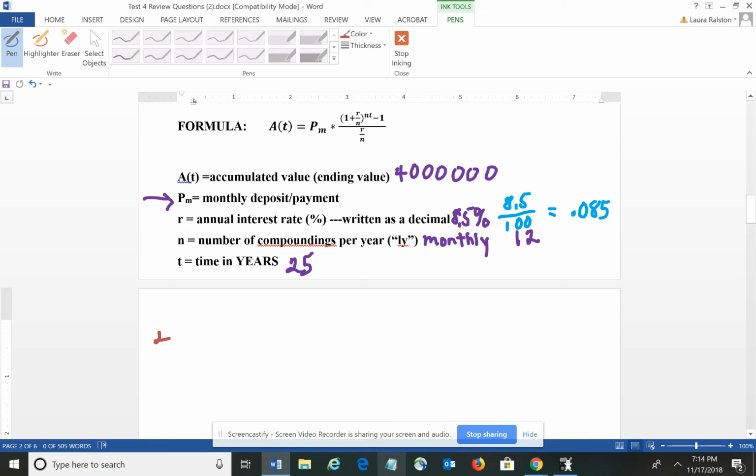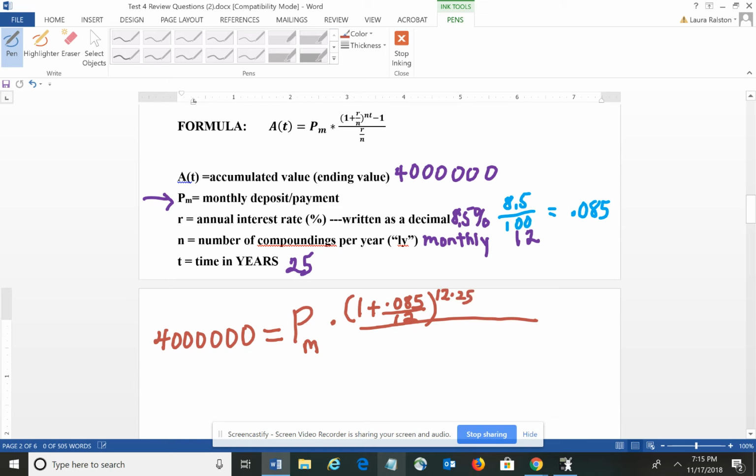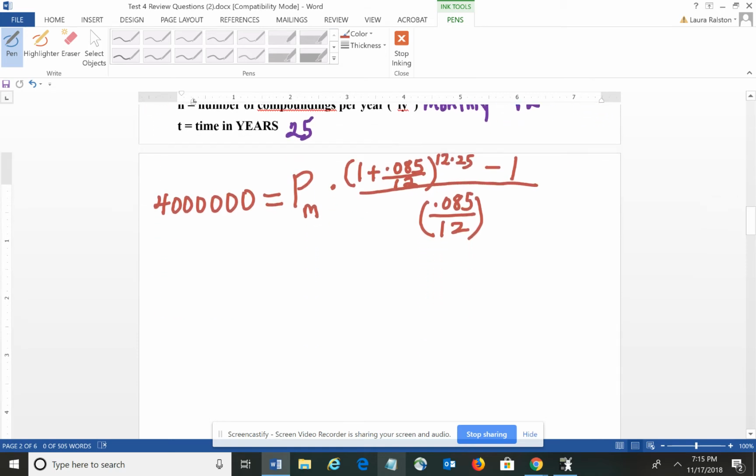So we would have 4 million equals some payment amount or deposit amount that we're looking for times 1 plus 0.085 divided by 12 raised to the 12 times 25 power minus 1 divided by 0.085 over 12. Okay, once you get it all plugged in, basically at that point you want to use your calculator